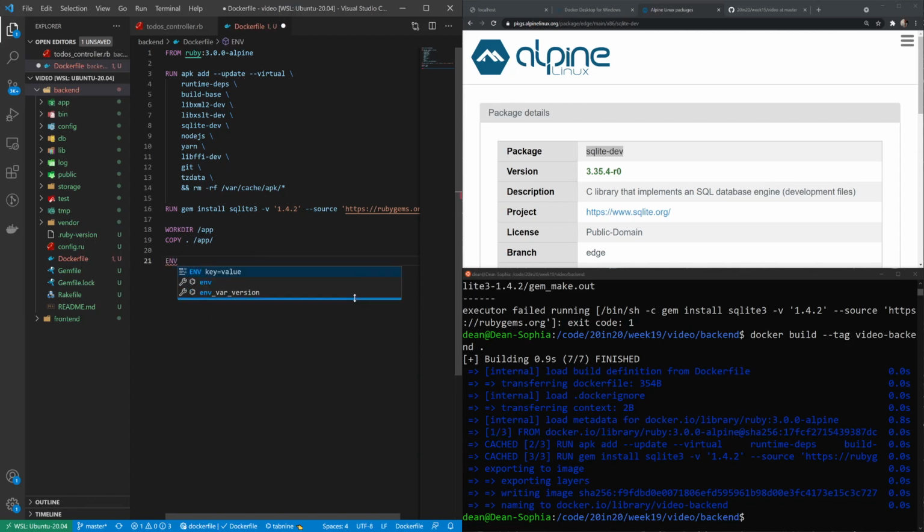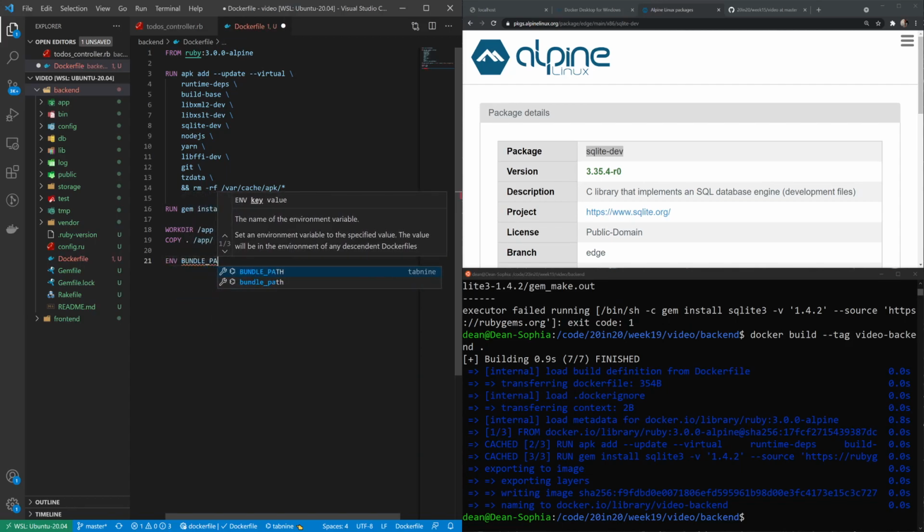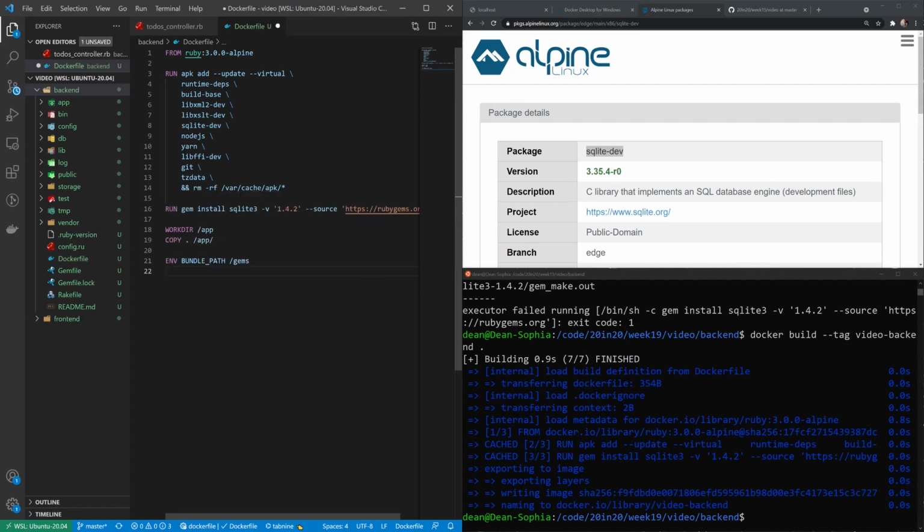We can then say ENV, let's set the bundle path to be /gems. And then let's say we want to run bundle install. And then we can run yarn install. And then we'll want to do a couple Rails specific things here, where we want to first set an entrypoint. We want to set it to be ENTRYPOINT with the square brackets and quotes, and we want this to be